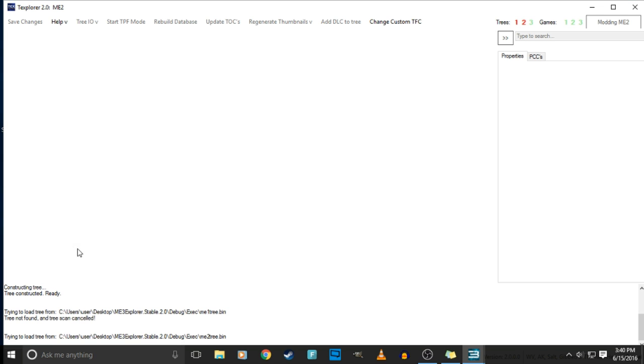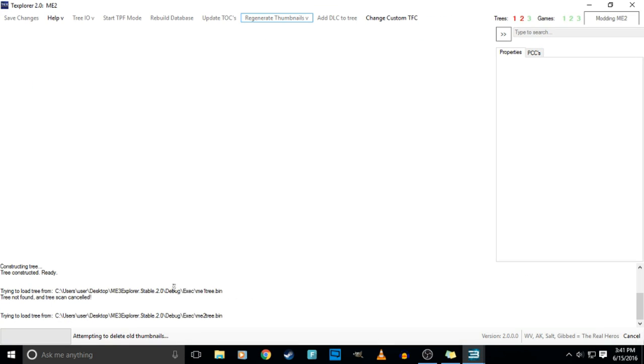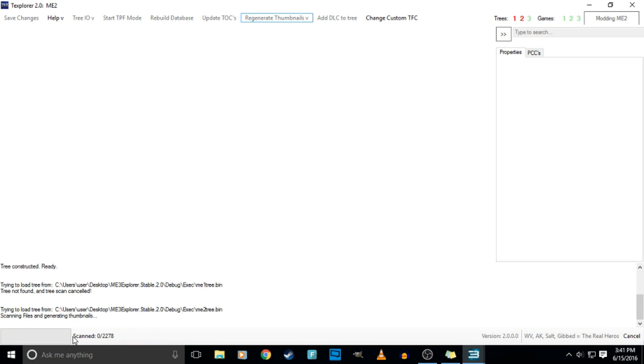Just hit continue, and here is what it's going to do: it's going to scan every single texture in the game into one single file folder, and we're going to use that. I'll explain why we need this after you guys are done getting it, but you do need this. It's vital to the whole process of this modding